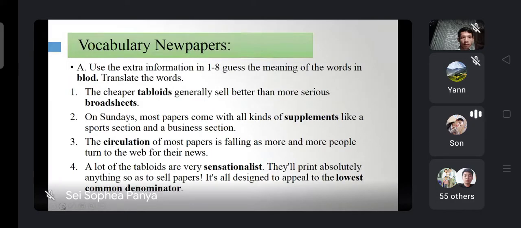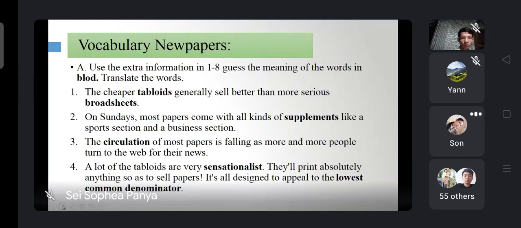So in number 1, broadsheet means a newspaper having pages half the size of those of the average rosette, typical, popular in style, and dominated by sensational stories. And rosette means a light piece of paper printed with information on one side only.